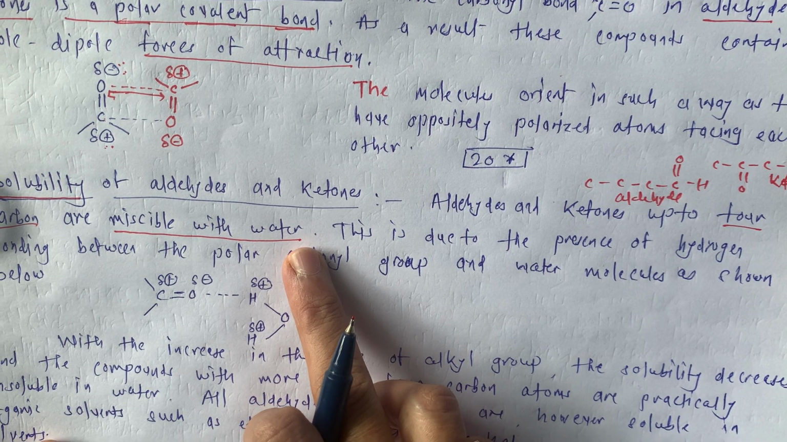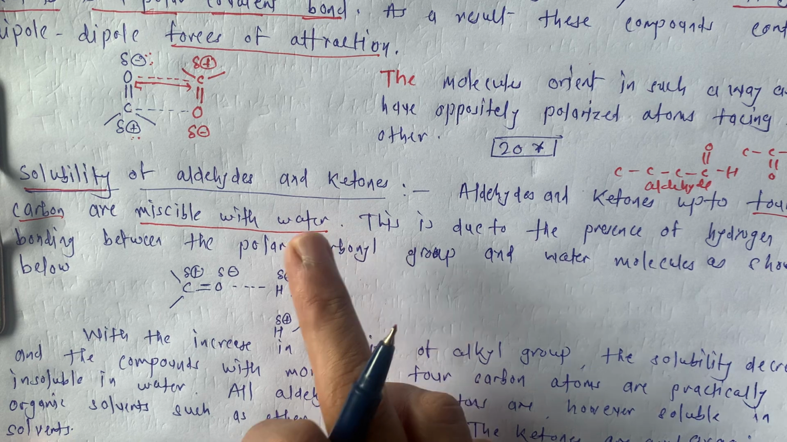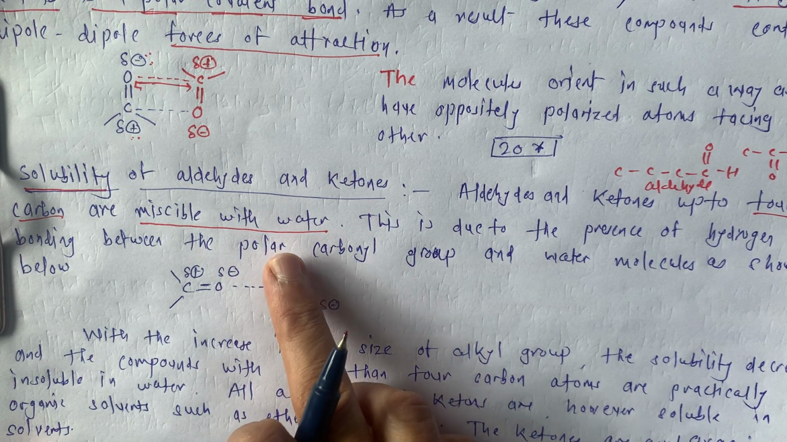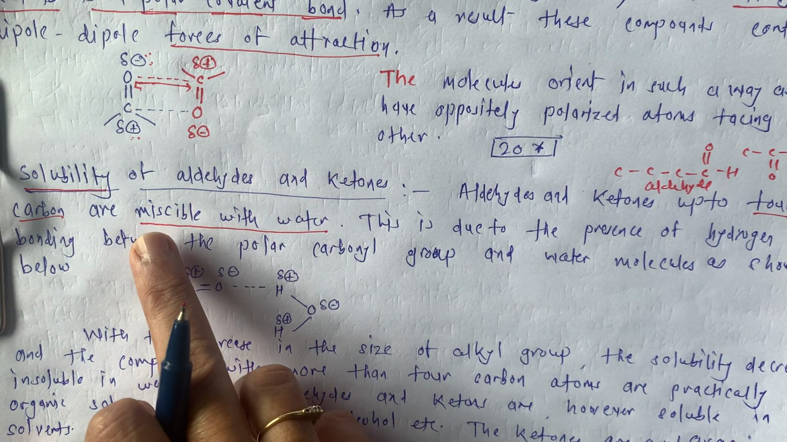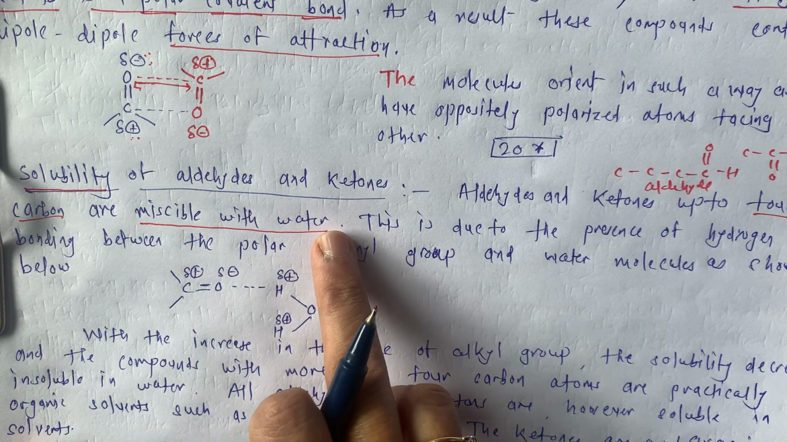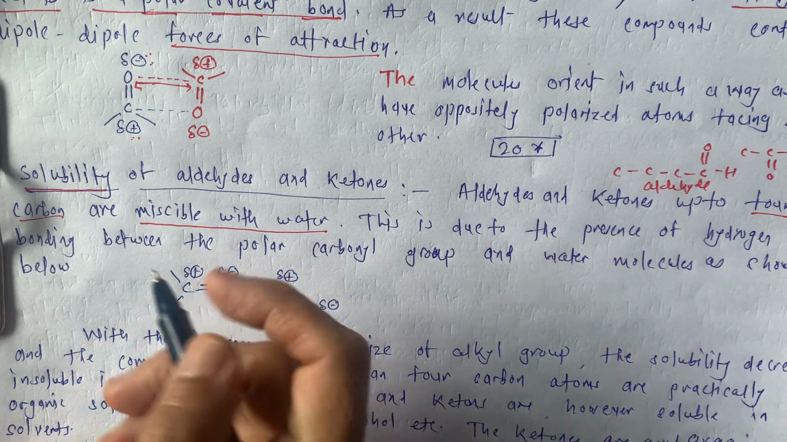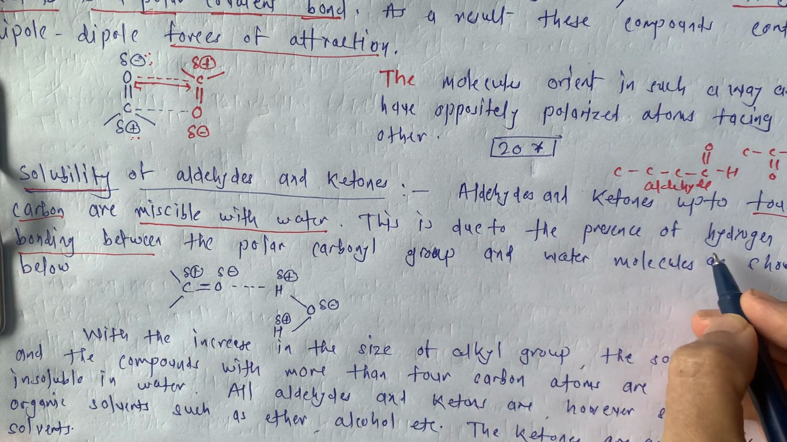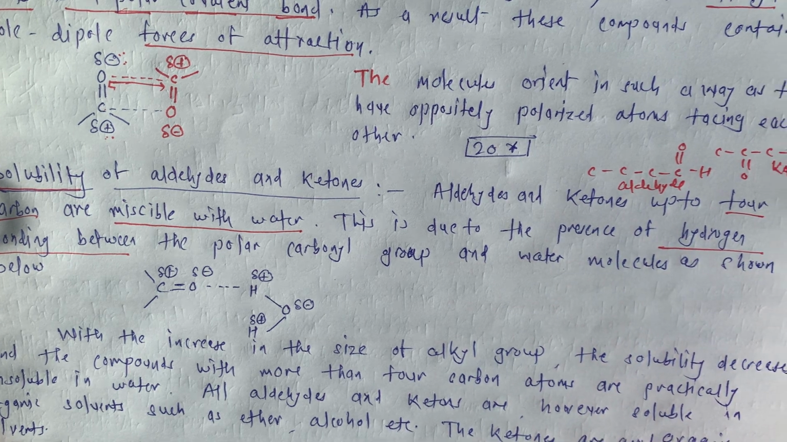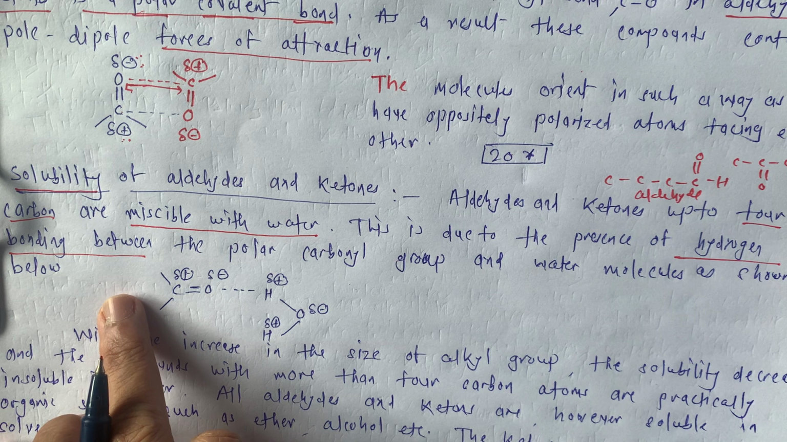This is a very interesting thing. Up till now we studied that organic compounds are soluble only in organic solvents, but here aldehydes and ketones up to 4 carbon are soluble in water. This is due to the presence of hydrogen bonding. We studied this hydrogen bonding in alcohol also. We know that